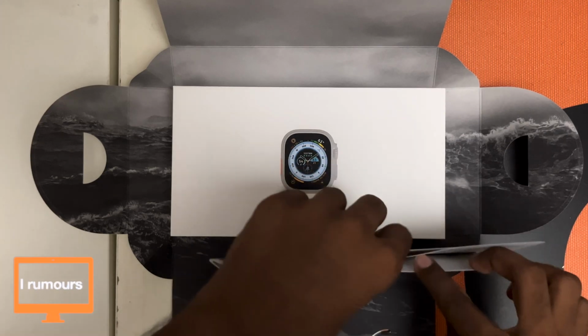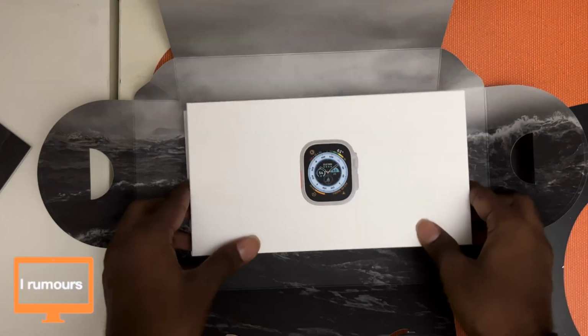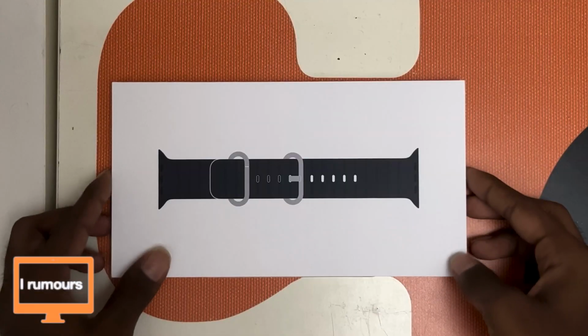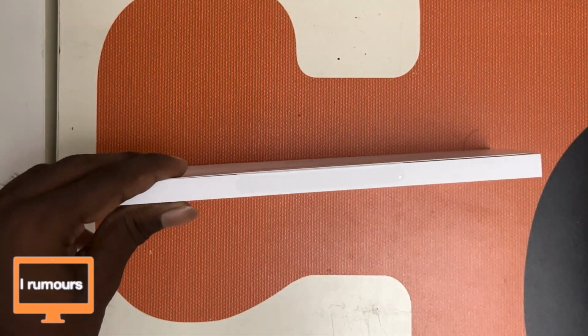And where's my Apple stickers? Where is my Apple stickers? Maybe when I open it up, there might be. Let's see. We've got the Apple Watch Ultra here. Before we take a look at the Apple Watch Ultra, let's put it aside for now. And let's take a look at the Ocean Band first. Here's the Ocean Band. Nothing pretty fancy. Here we have the seal, so let's just break it up and open up the